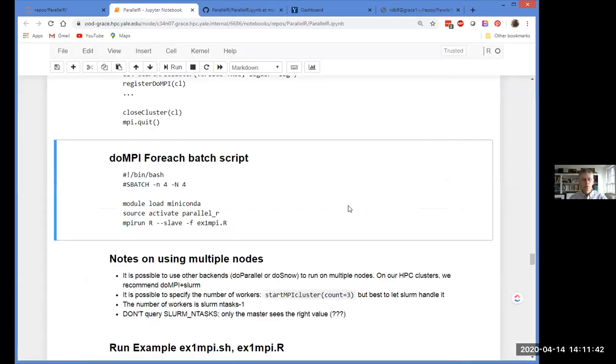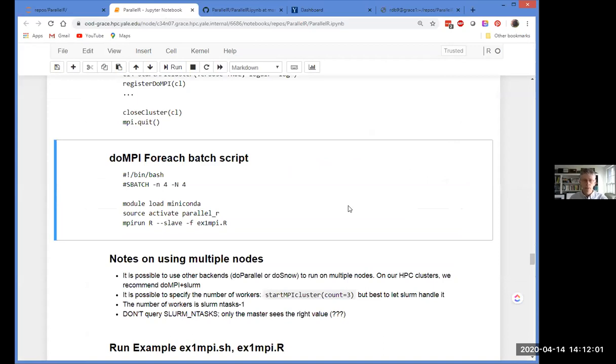So I just want to emphasize how nice this is, that you can first of all get your code running using just %do% and foreach. Get it running on a single CPU, make sure everything works without even running in parallel.